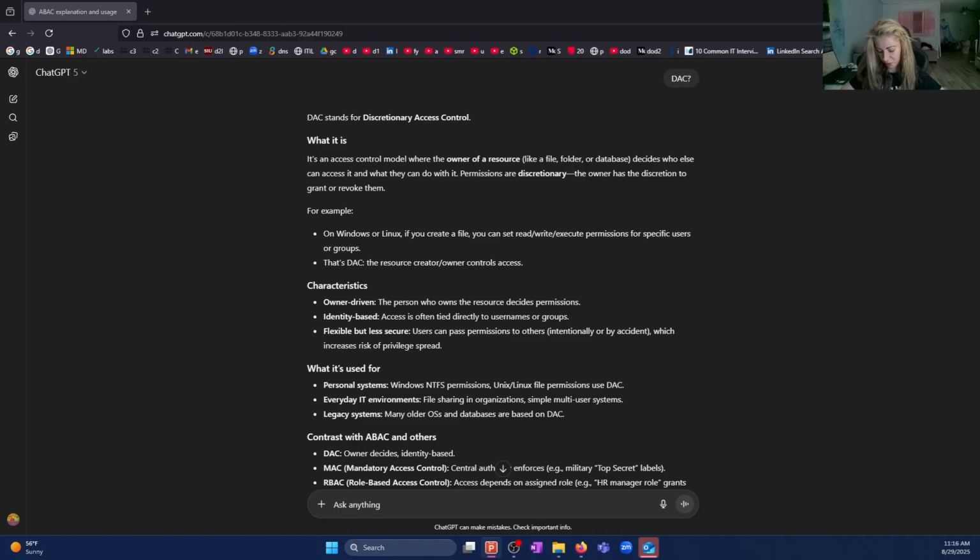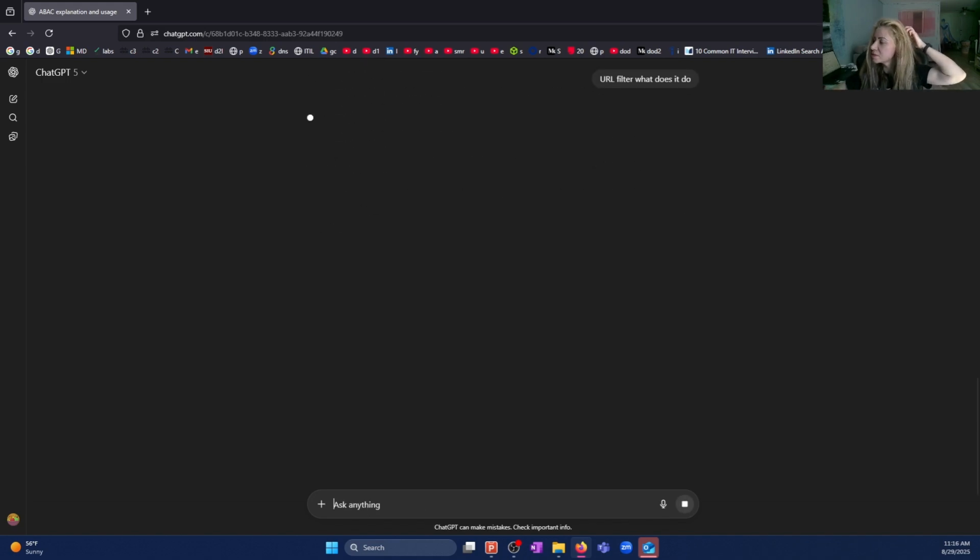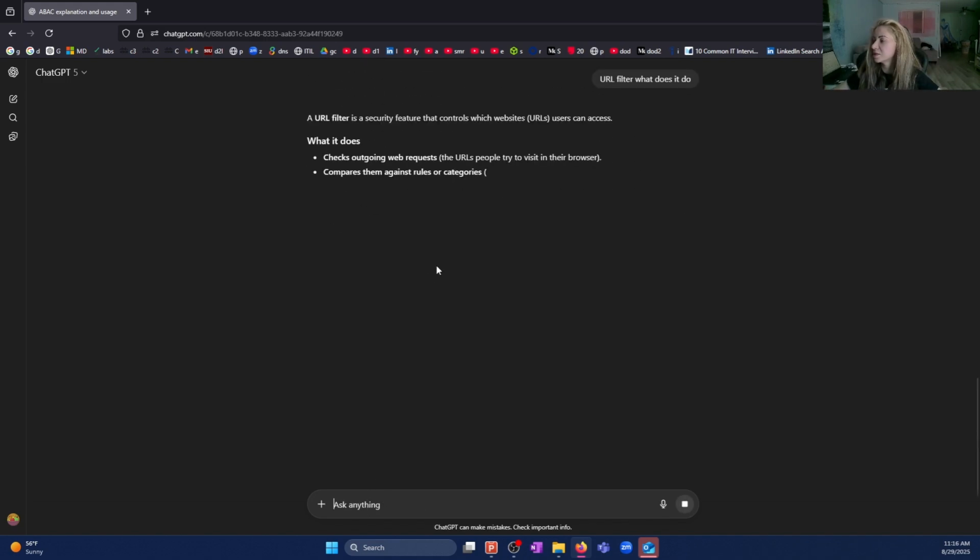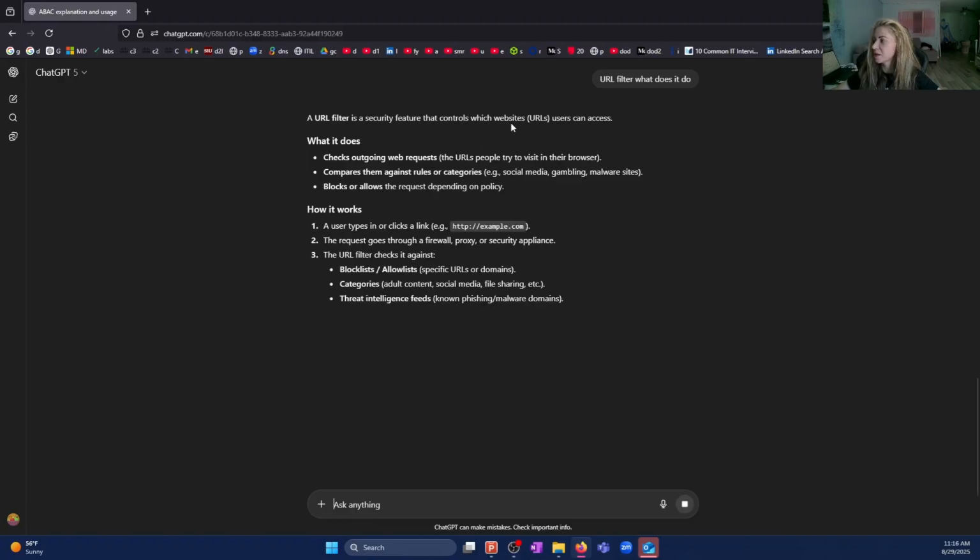URL filter. Just to memorize this more, I will go to ChatGPT. URL filter. What has it done? A feature that controls which websites users can access. Perfect.